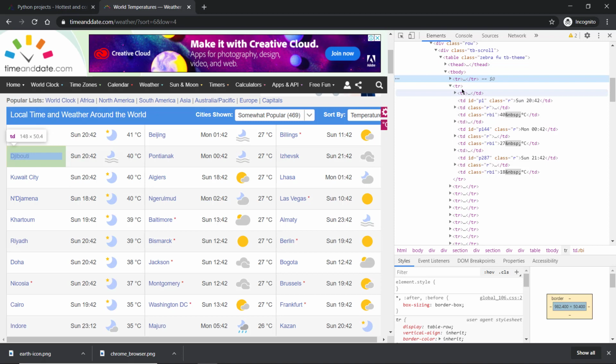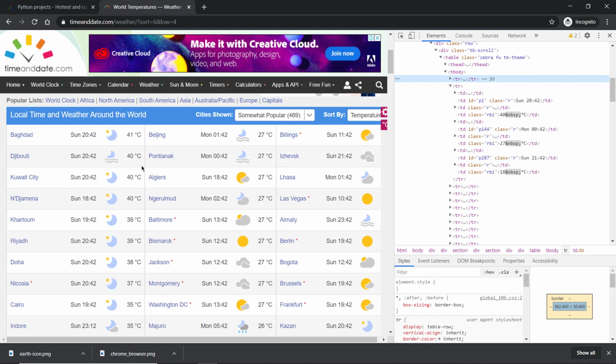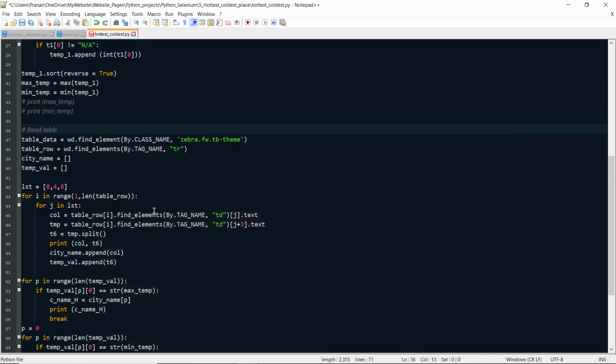Each table has 3 columns, this column, this column, and this column, and each column has 4 elements: the name, the day and time, the icon, and the temperature value. In our program we have done the same thing.